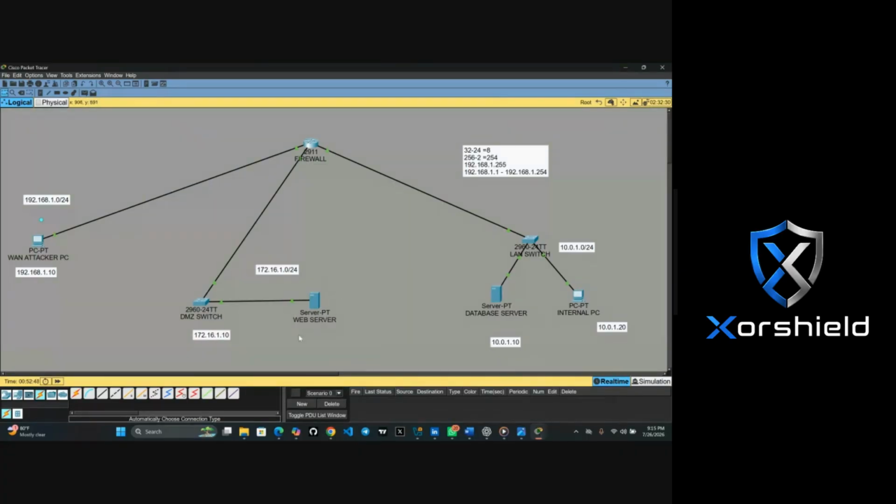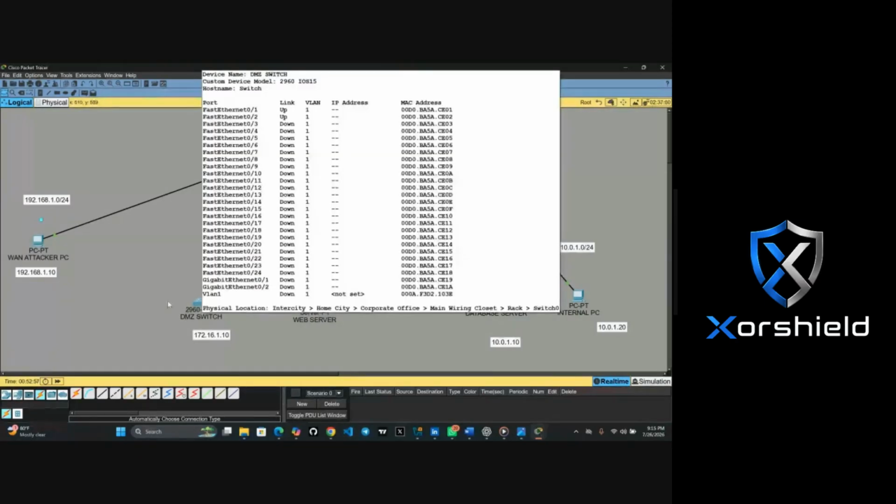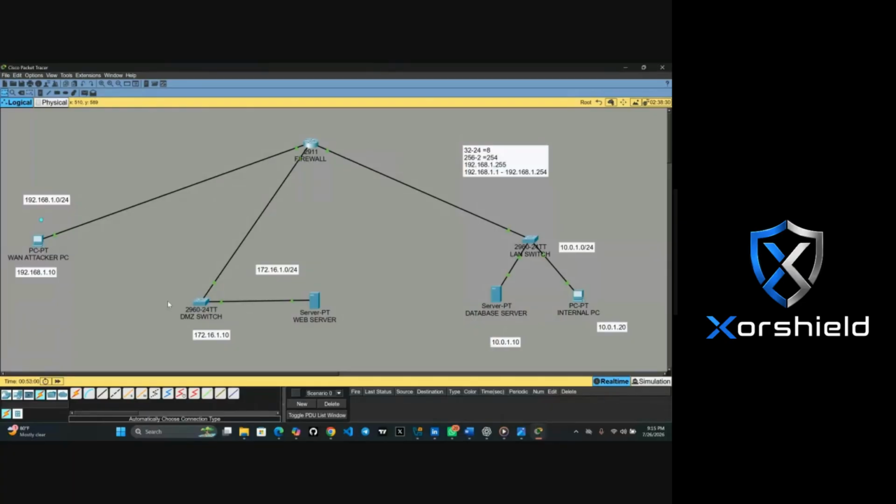Because if you take it from this web server, you have to pass through my switch, which is this military man. And this military man will ask you, what are you going with? And you have to show him. And if you are unable to show him, then what? Or if you show him and he sees that this thing you are taking away is sensitive data, go and return it back. Once the attacker PC returns it, the attacker will go back. I'm just using a real life scenario to explain what this DMZ switch is doing here. Did you understand the scenario before we start doing the configuration?